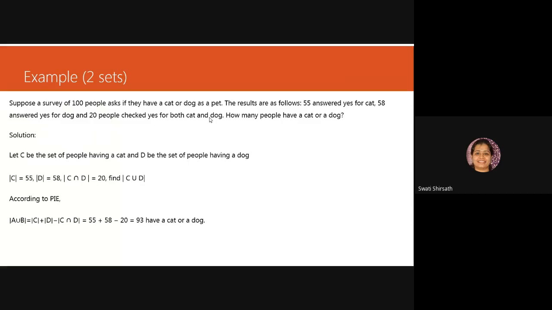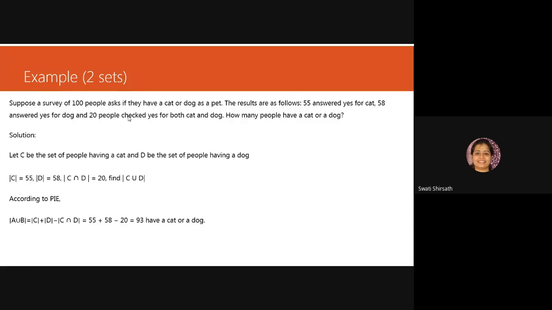Okay, if you read this in a wrong way, that cat or dog, and instead of intersection, you are treating it as a union, you'll get the answer in negative numbers. So that way you can cross check your answer. If you are getting a negative number as a final answer, it means you have interchanged intersection or union. Okay, that is one way you can correct your mistakes.